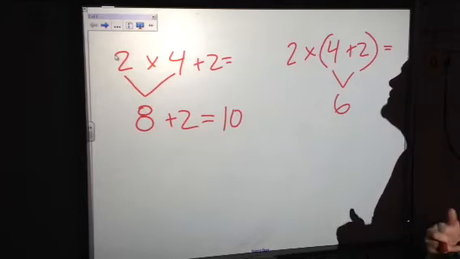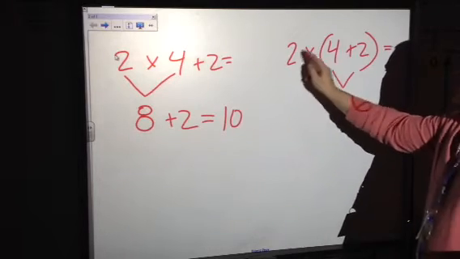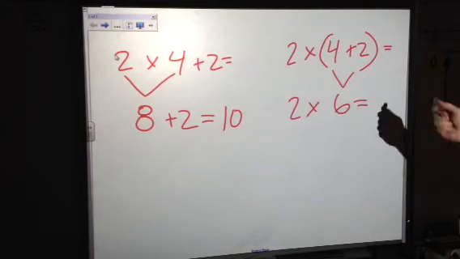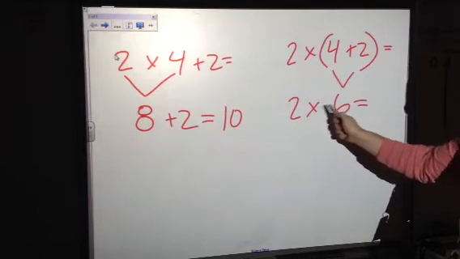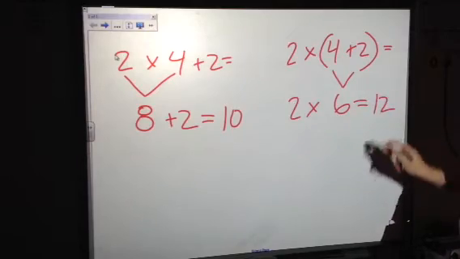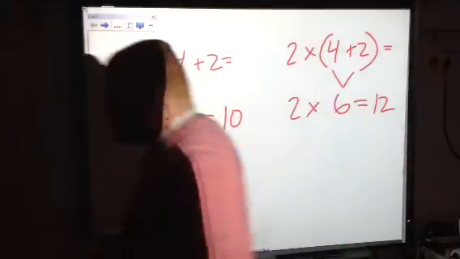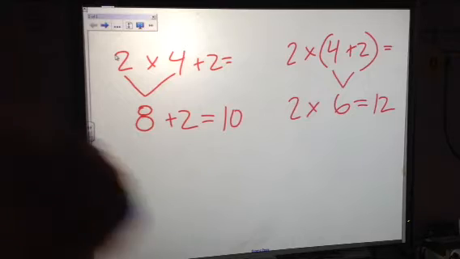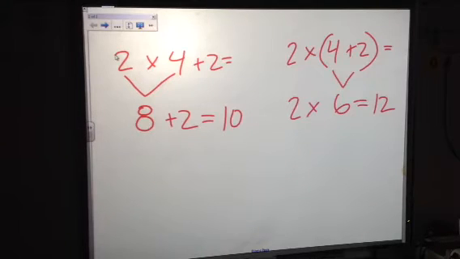Then I rewrite my equation with the stuff that I haven't done yet. I still have 2 times up here. I end up with one operation, 2 numbers. I perform it, and I get 2 times 6 equals 12. So the moral of the story here, guys, is due to our order of operations, following our rules, when I add parentheses, it drastically changes the problem. Remember, first order of operations is anything in parentheses, second is exponents, third is multiplication and division, and then fourth